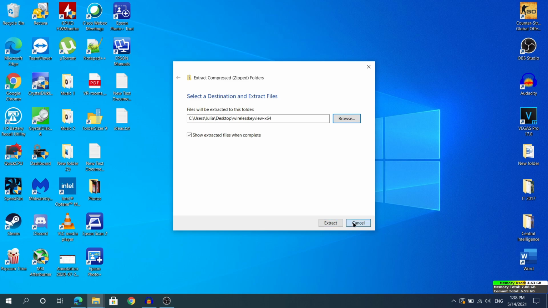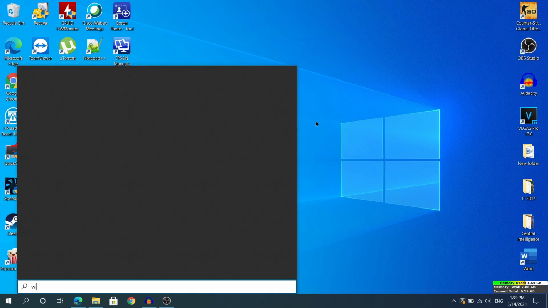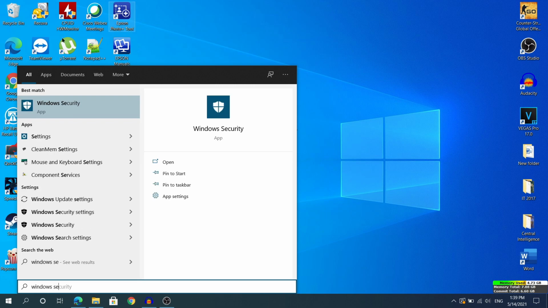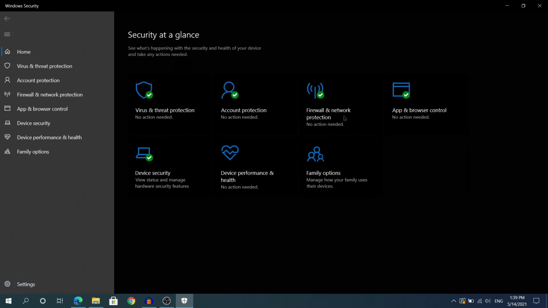After it has been extracted, put it in a simple folder. Before you open the software, for some reason Windows Defender thinks that this software is a virus, and if you try to open it, it will block it immediately. So you need to put this folder in the exclusions list, and I'm going to do it really simply. Head to Windows Security if you have Windows Security as your main antivirus, or if you have a different antivirus as your main one, then head to that one.